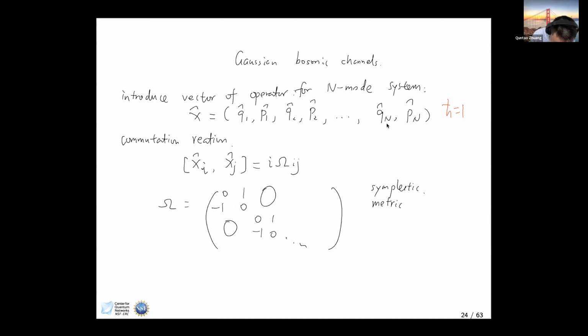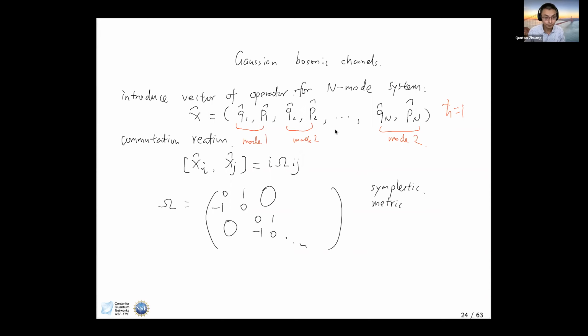You can essentially have all these quadrature operators in pairs. Each one represents a single mode system. So this is mode 1, this is mode 2, and this is mode n. And for simplicity, we write this as a vector, and we call it X vector. And we are omitting the vector hat notation. So sometimes people might write that, but we're omitting that. Hopefully it won't create confusion because from now on, we are going to use X all the time, and